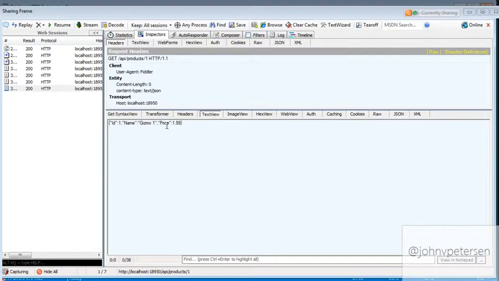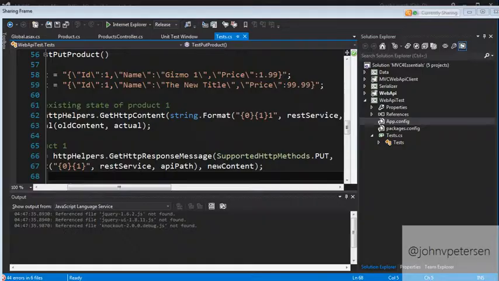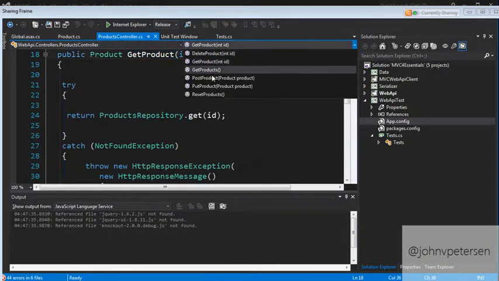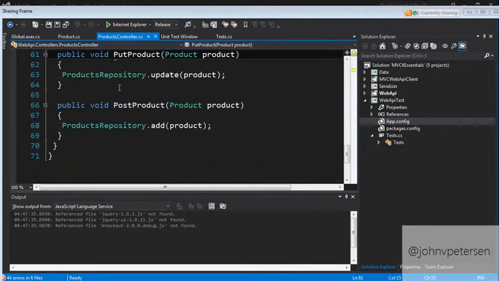So what was really going on behind the scenes there? Well, if we go to our controller, and this is the test, we go to products controller. That's a put. If I go to the put product method, basically it's passing responsibility to product repository update product.